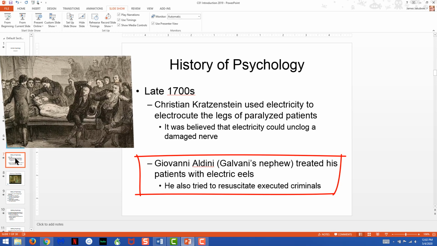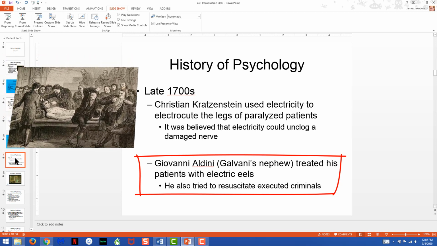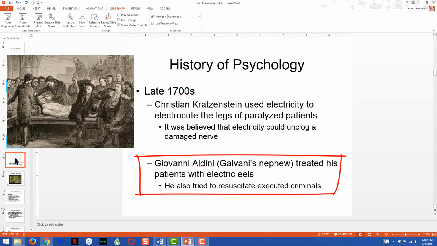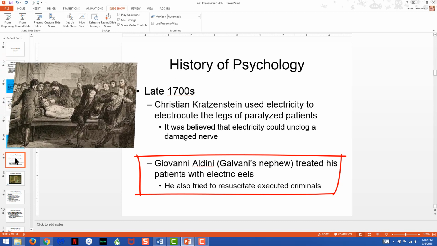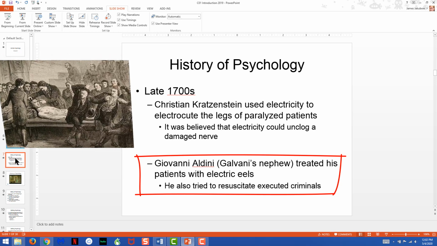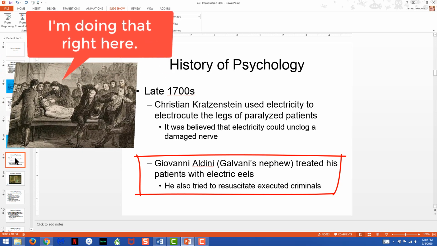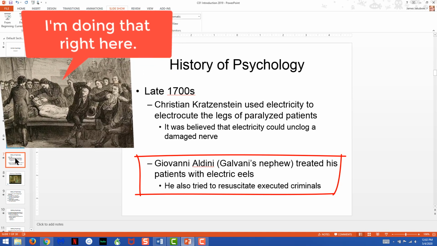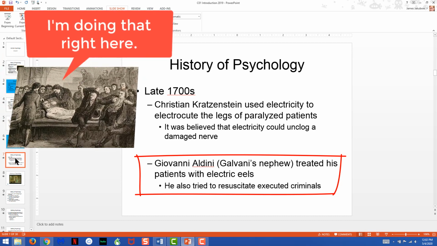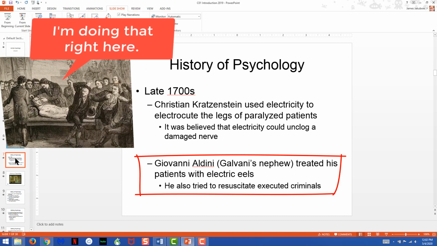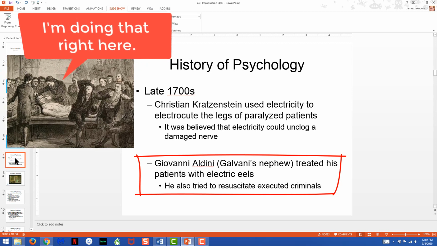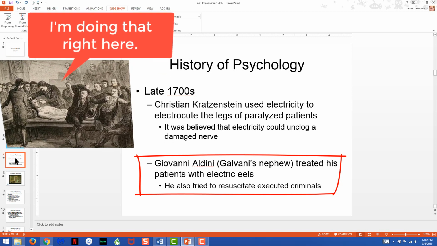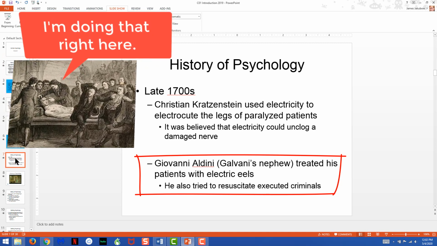And one of the most dramatic instances of this, I believe, occurred in about 1811, in which Aldini electrocuted the fresh corpse of an executed criminal, in which case the criminal, being electrocuted so much, actually sat up on the gurney in front of the townsfolk. And that caused chaos because it appeared as though he actually brought this person back to life, whereas what's really